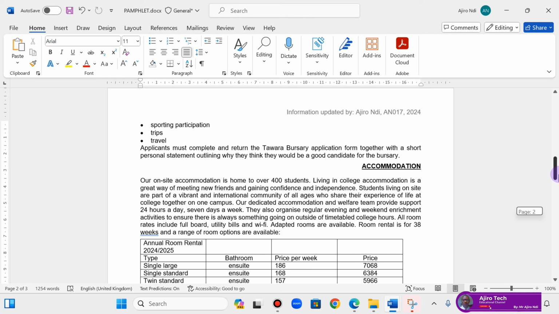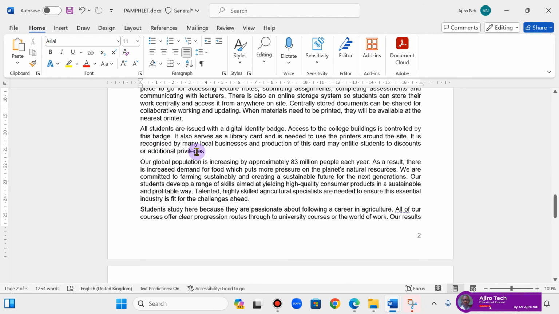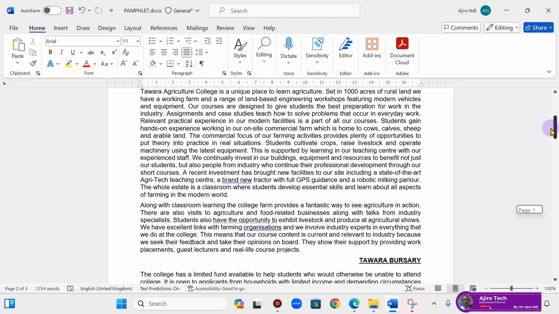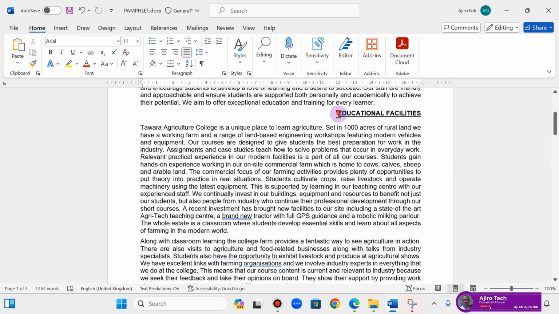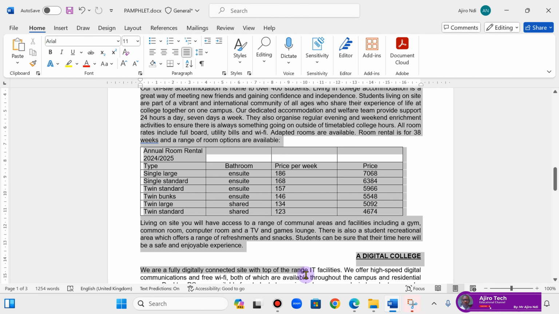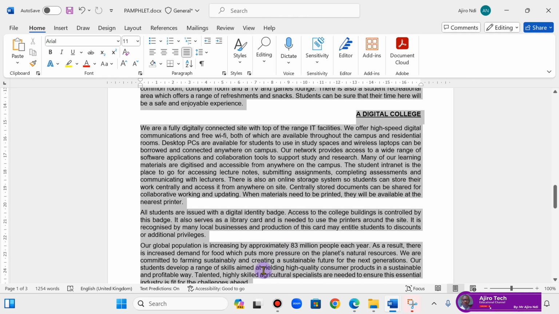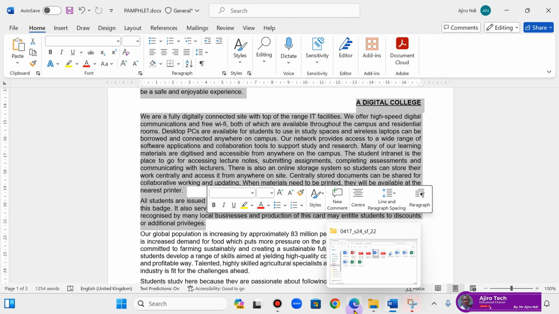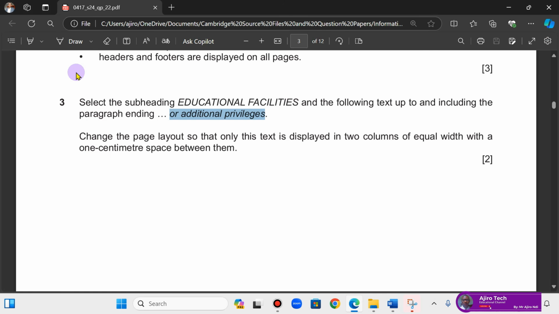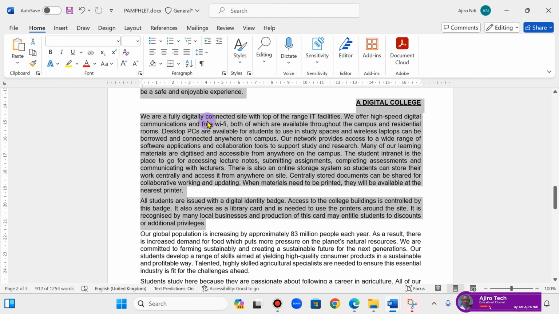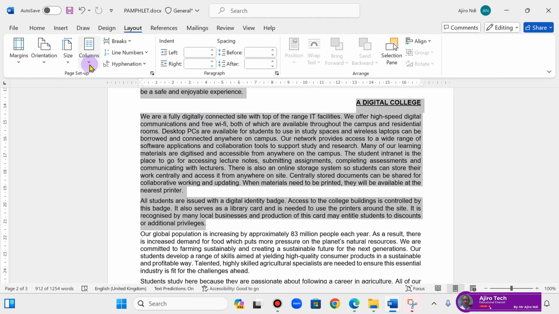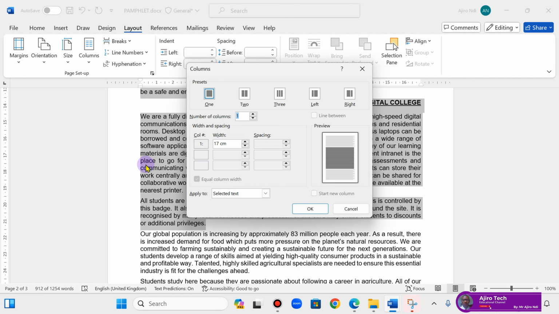Okay, so Educational Facilities to here. This is what I'm going to do: I'm going to highlight this. Yes, right here. Now change the page layout so that only this text is displayed in 2 columns of equal width with a 1 centimeter space between them. So what I'll do here is go to my Layout, Columns, More Columns, and I'll click on